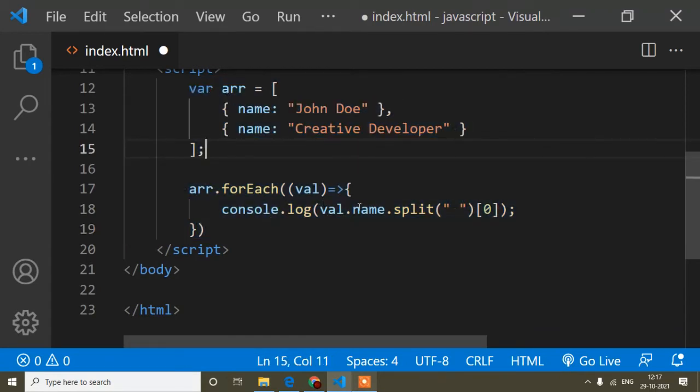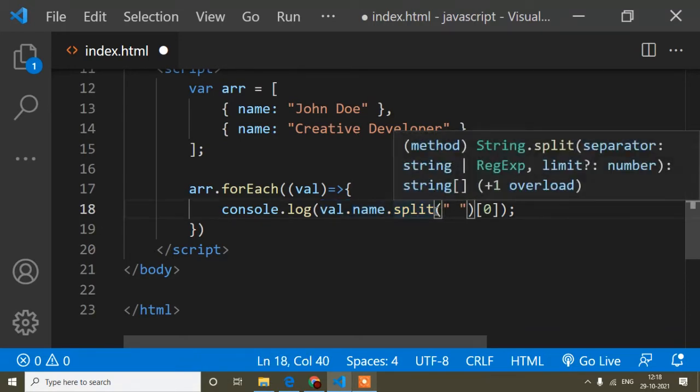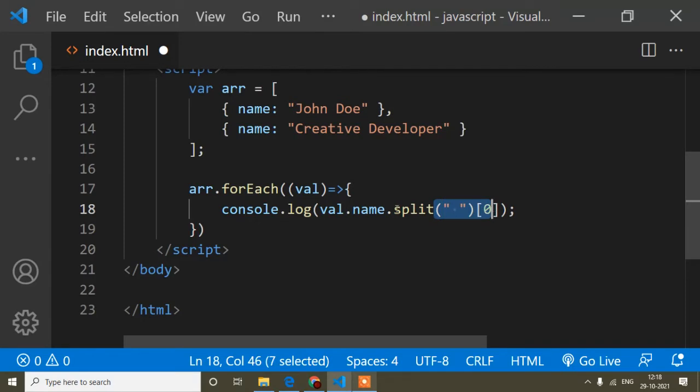Now here I was getting this value using value.split. In that portion I was getting the value in string format, but I have to create an array. So what I have written is the split method, right? The split method creates an array from a string value, and now I need only 0 because it's the first name.